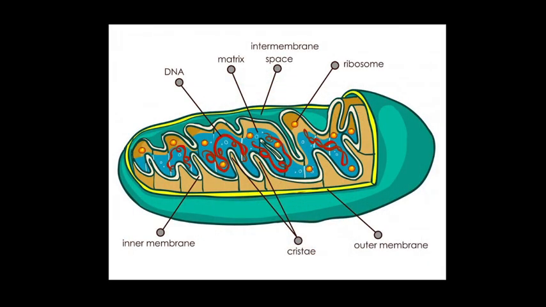Now we are going with this one. This one is mitochondria. Mitochondria have their own DNA. They have the ability to make their own proteins. They have crystal-like structures, and they help in the formation of protein. They have an outer membrane, intermembrane spaces, matrix, and ribosomes. Mitochondria are also called the power plant of the cell because they generate ATP, and ATP functions as the giving of energy.